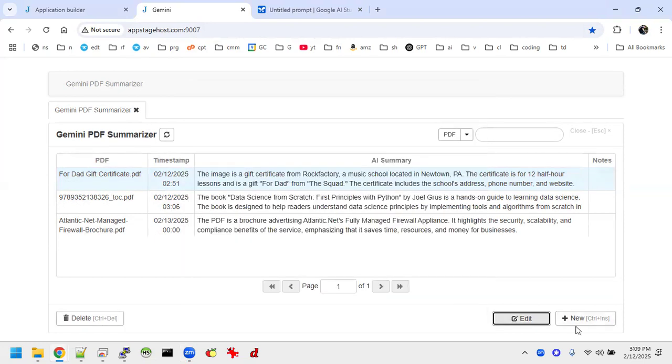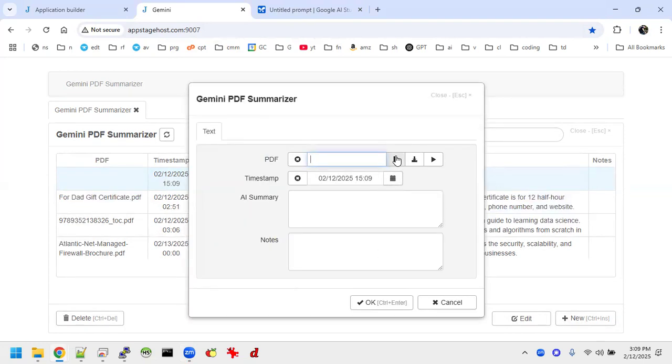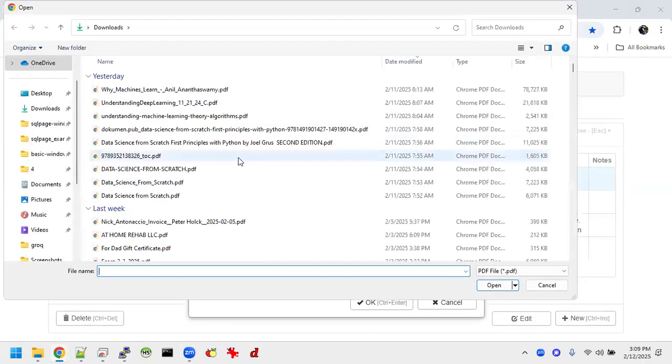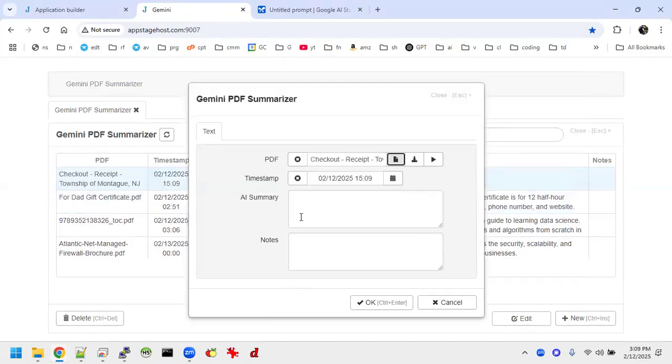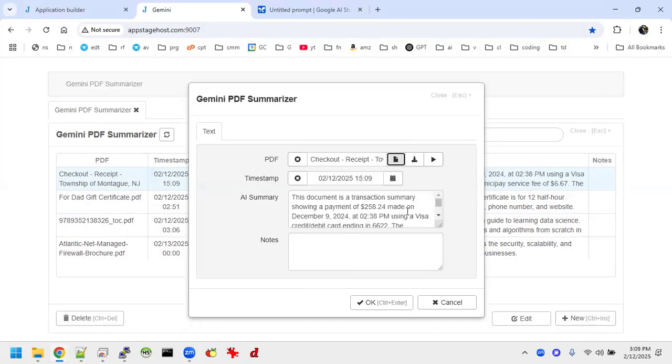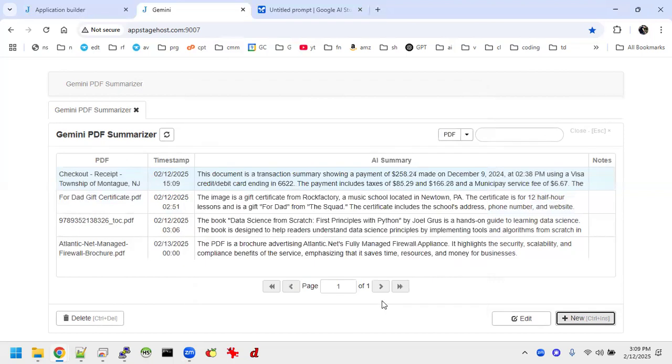Let's go ahead and actually add a new one here, and you pull up any PDF that you want. Let's see here. That's a big one. Get something small here. Okay, there we go. Do this checkout, and it sends the PDF to the Gemini API and tells you a summary of the document. So it could be really anything, and then you've got that stored in the